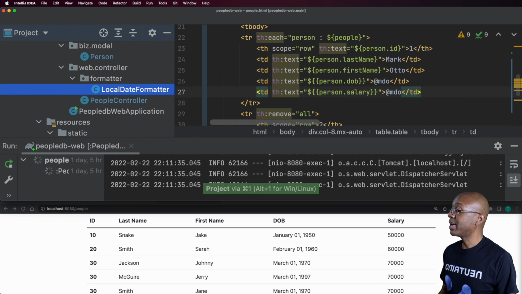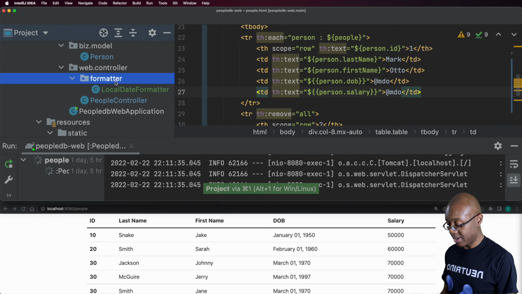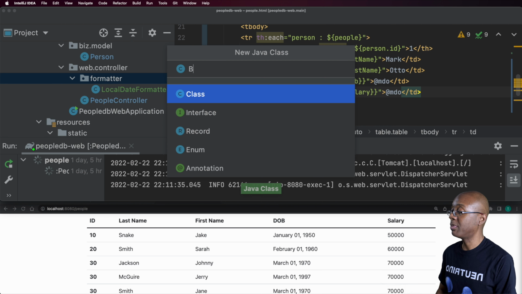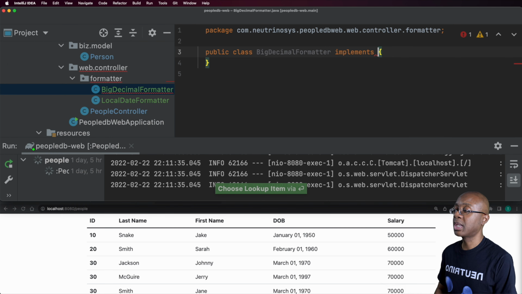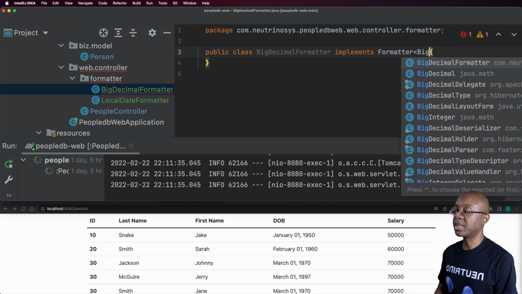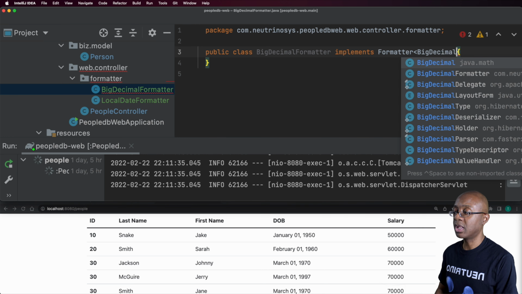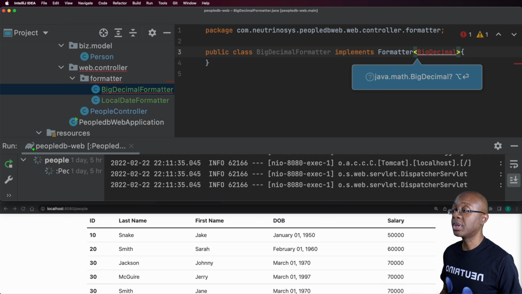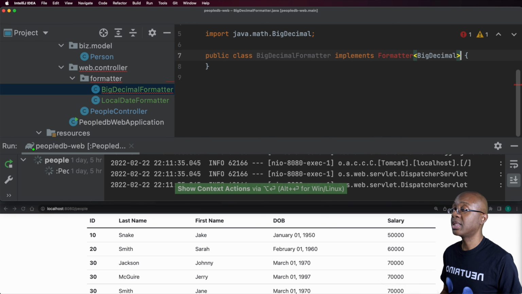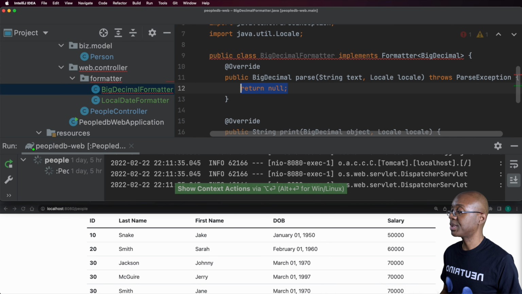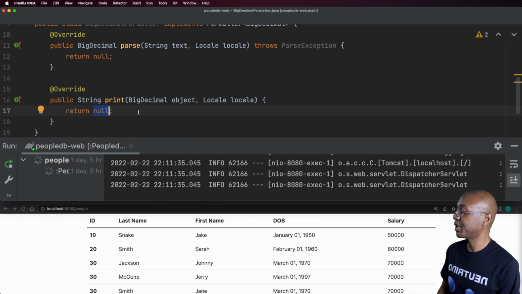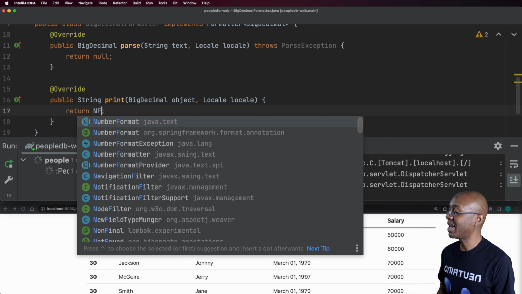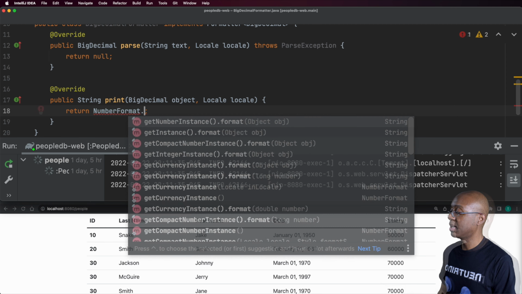But I will go ahead and create one now. So I'm gonna come up here to formatter, new Java class, and this time I will do a BigDecimal formatter because that was the underlying data type, all right? And this implements Formatter of BigDecimal. And we will import the BigDecimal class and then the Formatter, and then we will implement the methods there as well. And let me make some room. And here's the one that I really care about. And so for this one, I will create a NumberFormat under java.text, NumberFormat dot